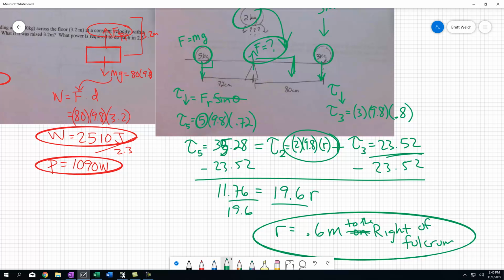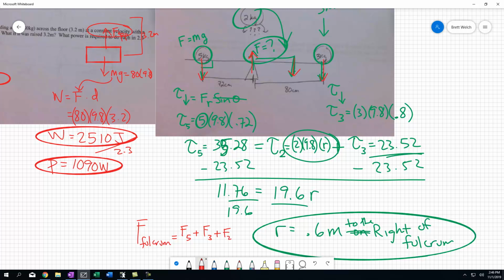Well, if we just consider the 3 downward forces as just being down, and the center force as being up, we know that those 3 forces down have to equal the 1 force up. So the force of the fulcrum has to equal the force of the 5 kilogram plus the force of the 3 kilogram plus the force of the 2 kilogram